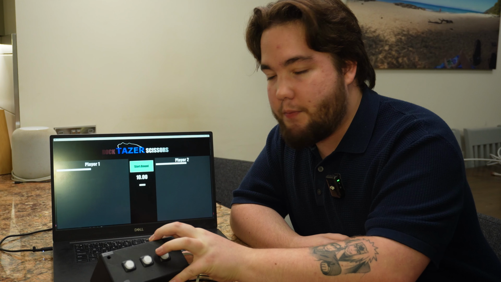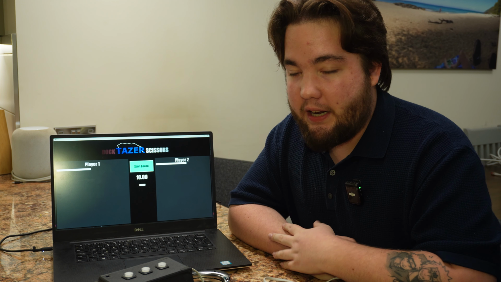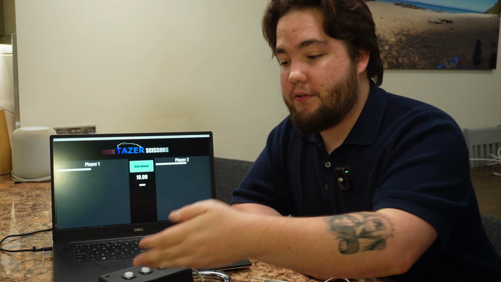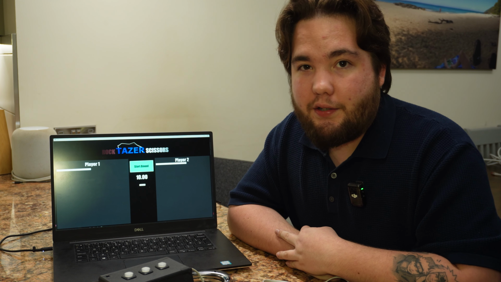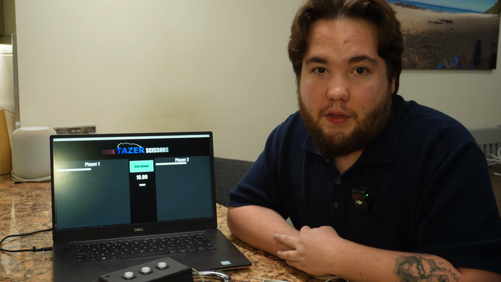So I finished making these boxes here. We've got rock, paper and scissors. I didn't label them, but it should be fairly obvious to anyone who plays that it's rock, paper, scissors. And to be honest, you're too panicked to even think about what you're going for. You just kind of click a button and hope.